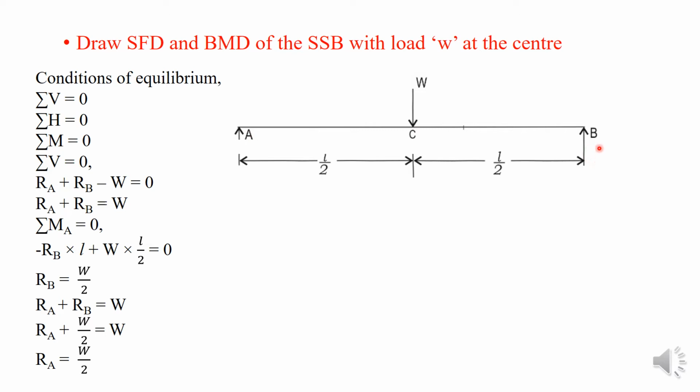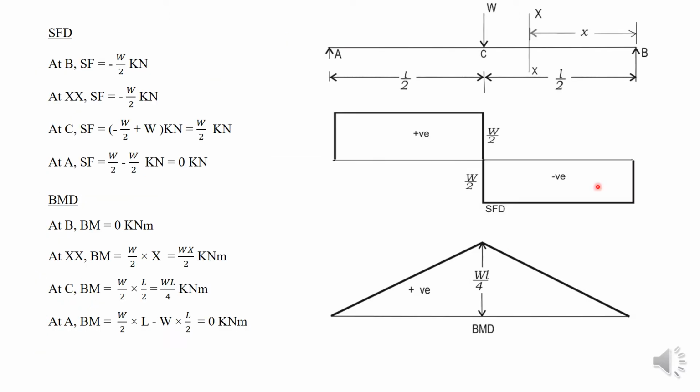So to draw the shear force diagram for the span BC, consider a section line XX which is at a distance H from B. And then look into the right hand side of XX and take the shear force at XX. So here you can see an upward reaction RB. Since the force is in upward direction, the shear force diagram will be negative. So draw the baseline and draw the ordinate as negative RB, that is minus W by 2. And from B to C there are no loads acting.